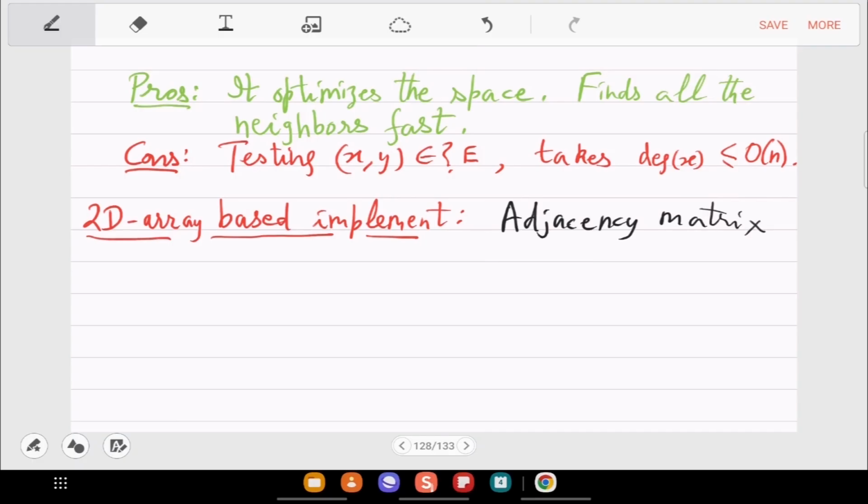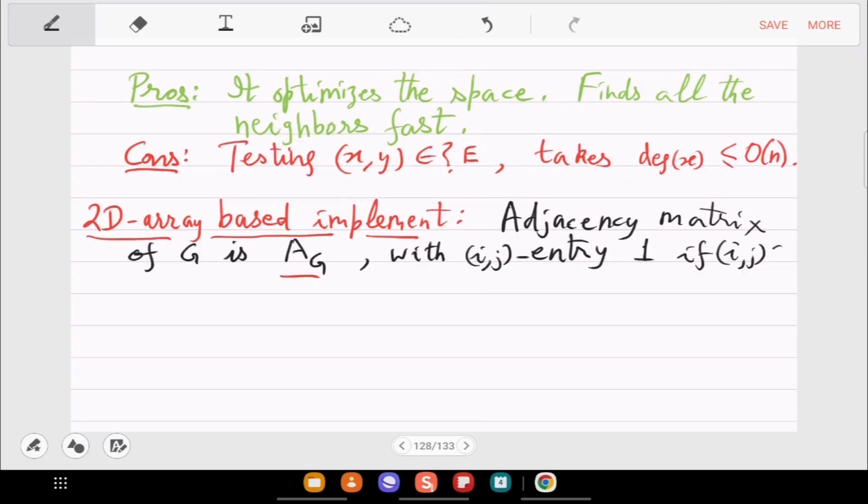The adjacency matrix of G is A_G, with ijth entry 1 if ij is an edge, and 0 otherwise.